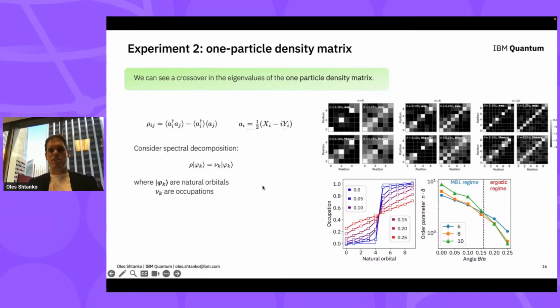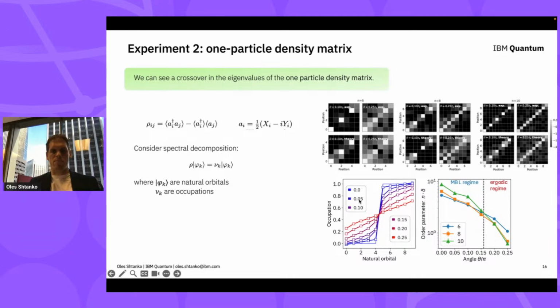And that's exactly the test we did. We look at this density matrix, we look at its occupation of different eigenstates. When we initialize the system in the state which we've seen before, you can see that the distribution of eigenstates should have this rough form. It's just a threshold. And if you let the system evolve, what we expect in a thermalized system is that it relaxes into this universal thermal shape. And again, this is a good signature that your system is in the thermal regime. And this happens at an angle which is 0.25 pi.